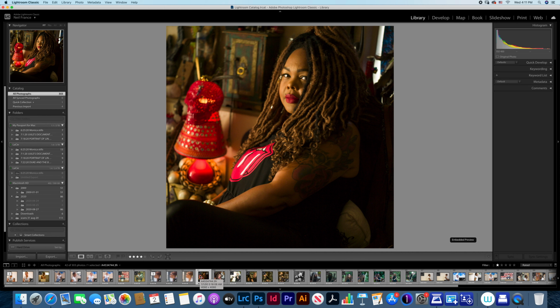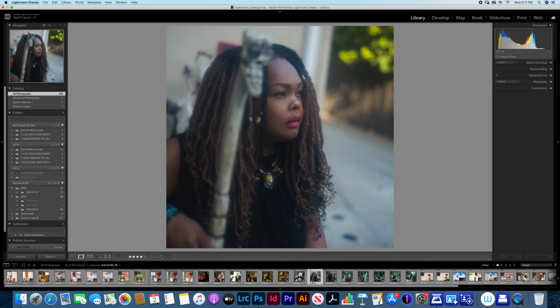It was really tight, really strange to try to shoot in there because there was so little room for me to work around. So I shot her inside and then outside in two different areas of the outside space. So this is the patio area right in front of her door.